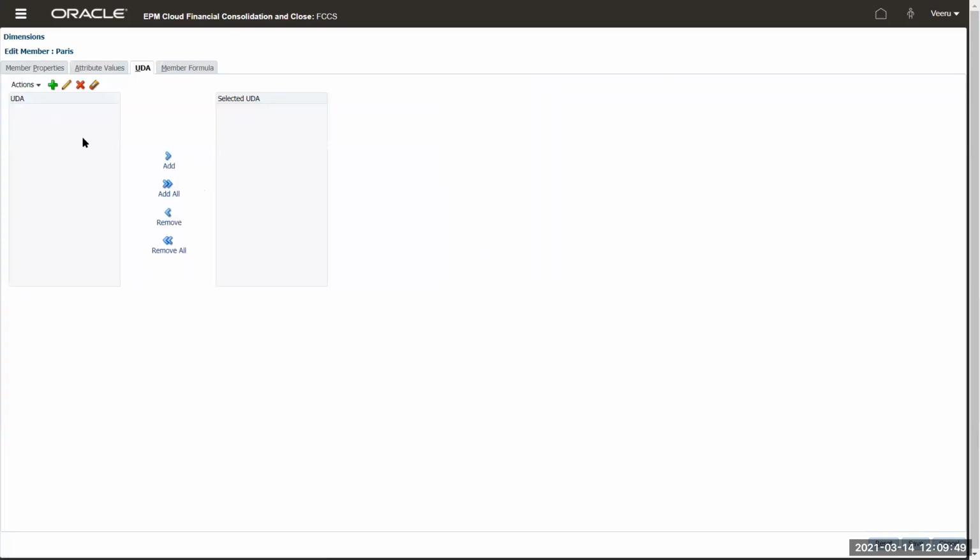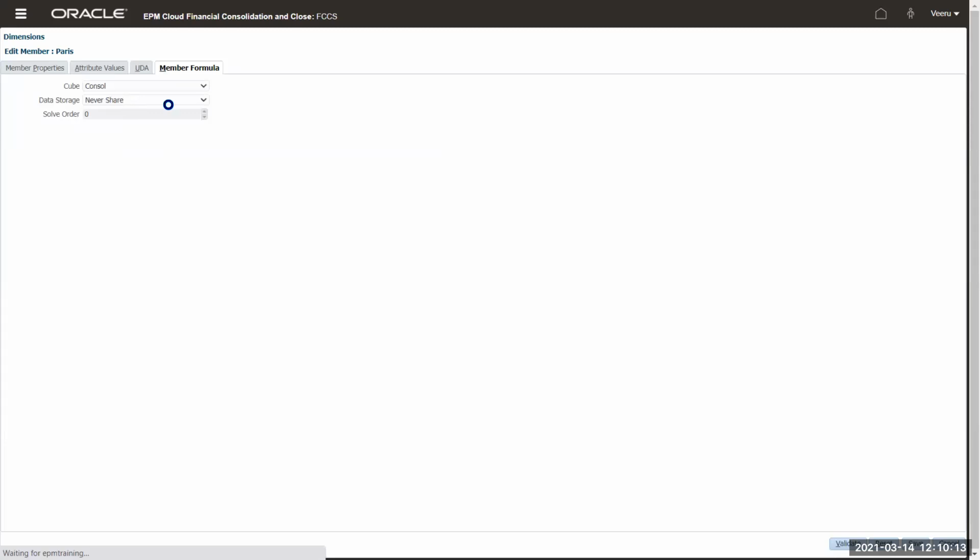And the UDS, you don't have any UDS. UDS are mostly used to filter out certain members from your dimensions or which are required for your rules purposes. That's when you use UDS. Otherwise, we don't touch UDS much. They're little advanced concepts for writing rules. We'll speak about it when we come to the rules section.